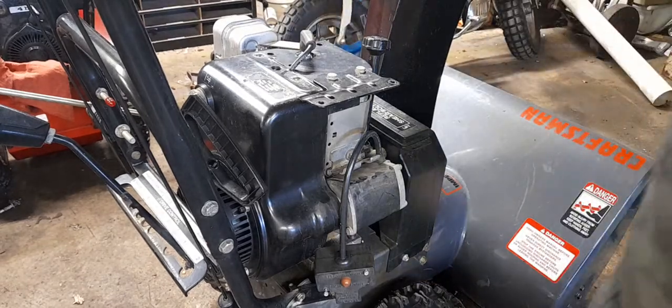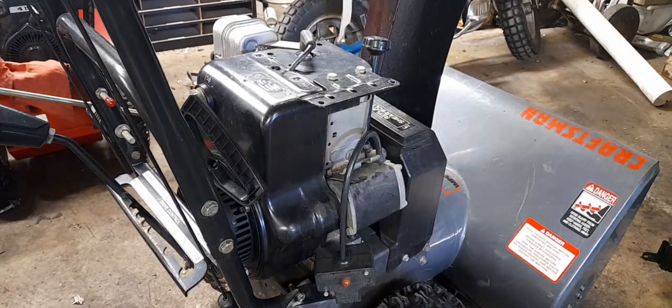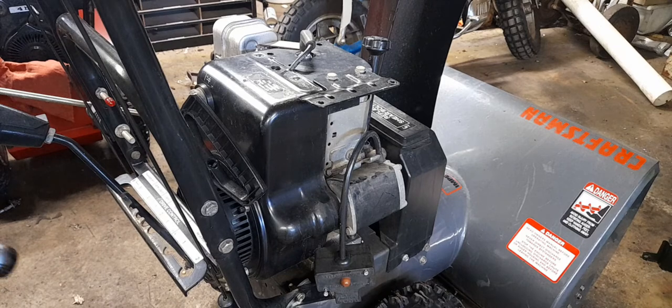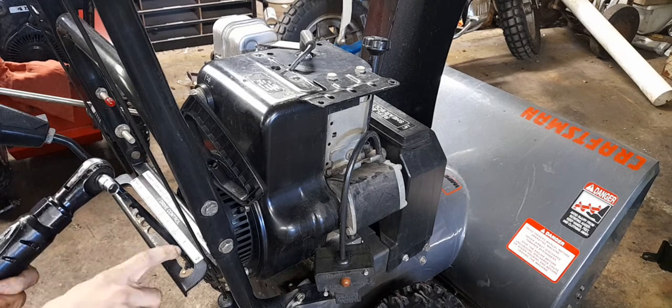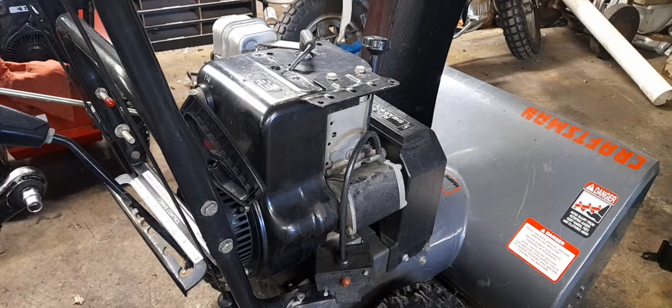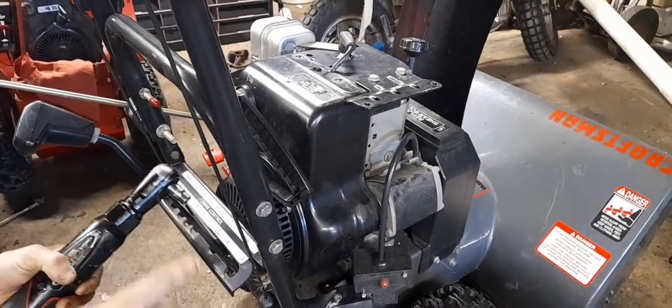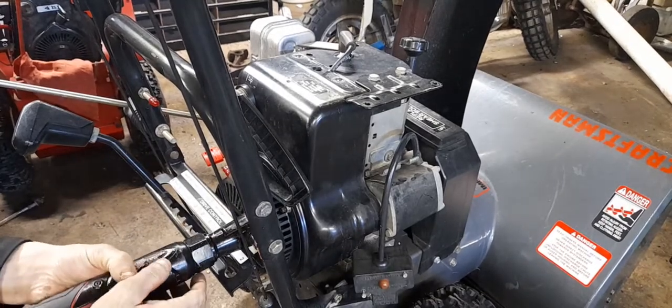Once again, if you have power tools, it's not the end of the world, but it is not an exciting fuel line. Generally, you just pull the line off, you replace it. This, you have to go through an insane amount of work. Now we have to take off this, I don't know if you can see it or not, but this drive control cover,